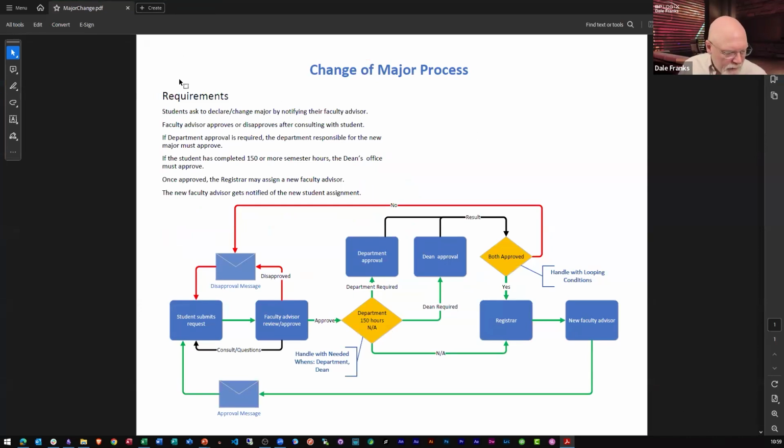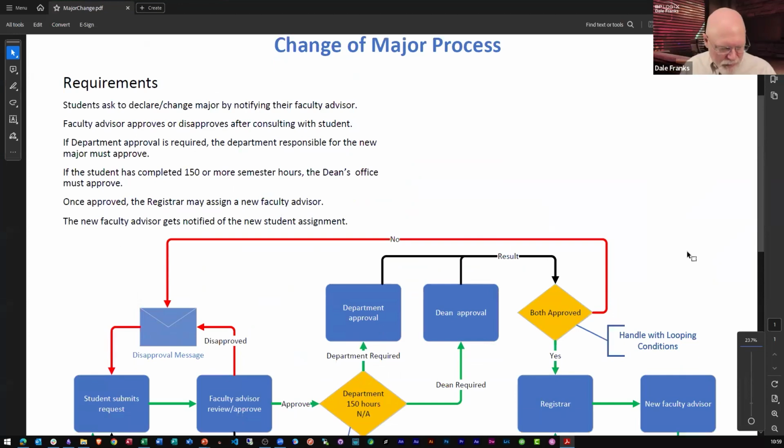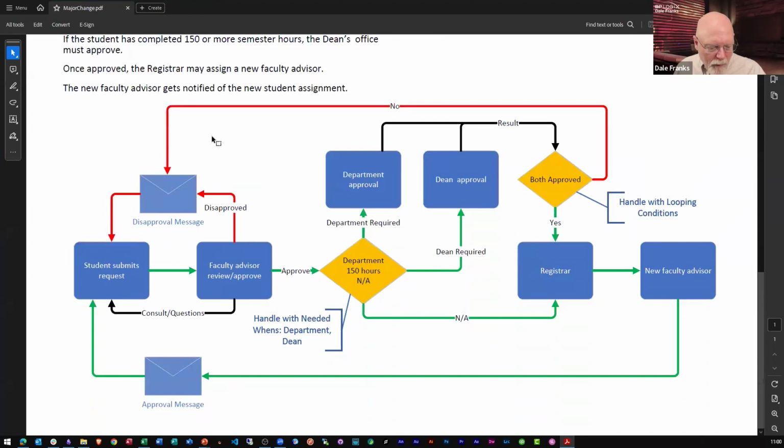And let's see, how do I zoom in here? Because now we're looking at it in Adobe. There we go. So we'll make this big enough so that I think you can read it on your screens. So here are my initial requirements. And what I've done is I've built a flow chart that kind of outlines how the process will work.